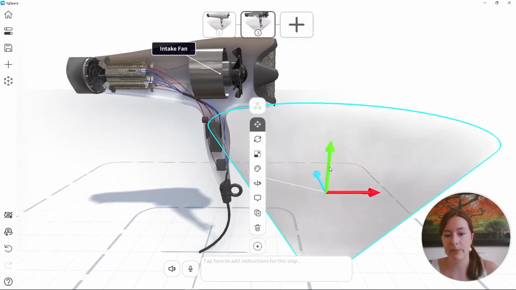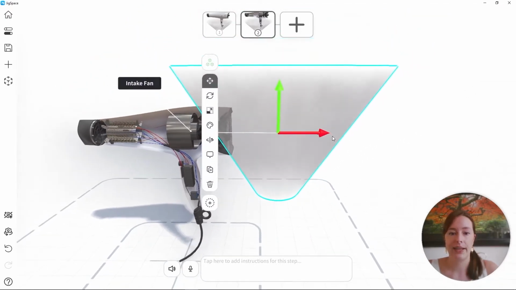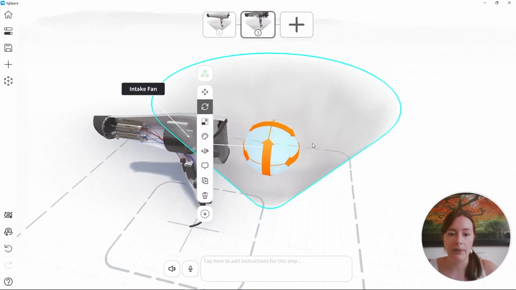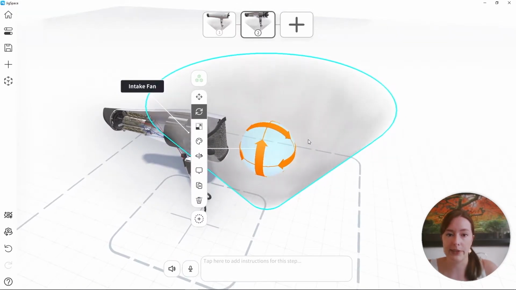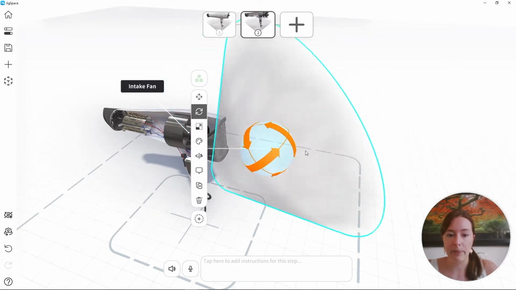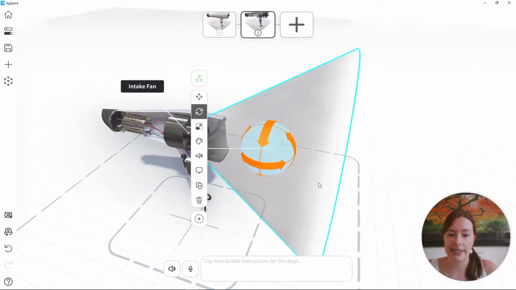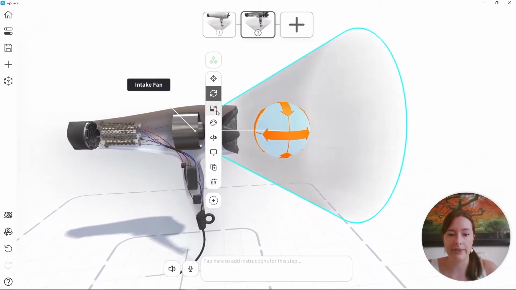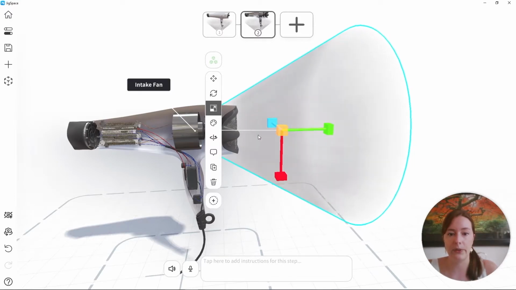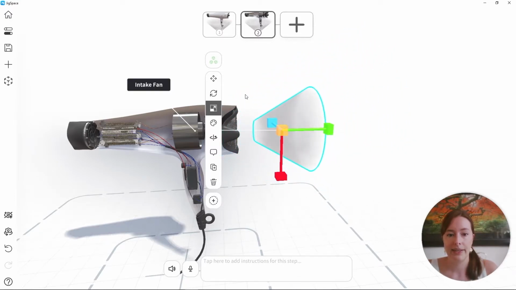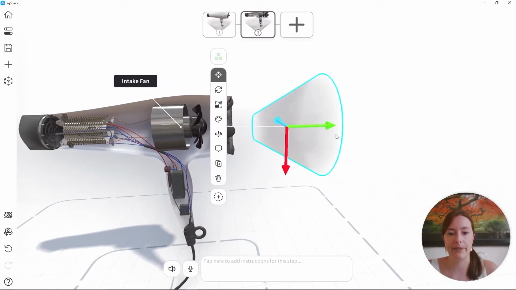So while in step 2, I'm going to position it at the entry point of the hairdryer. To do that, I'm using the Move tool. And now, while rotating the object, I'm going to press down Shift. This will allow me to snap my rotations by 15 degrees, and it can be a great way of achieving a 90-degree turn on your objects. This can be great if some components were designed in different programs and haven't yet been positioned to match up with your objects. It just means that they're easy to align to each other.